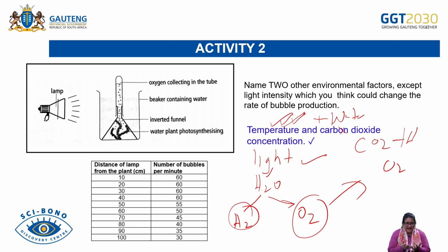If you can have sunlight, but no water, you can't get oxygen. So they are dependent upon light and water, but if it's too cold, then again there's going to be less oxygen. So we need the correct temperature, the correct amount of water, and the correct amount of light intensity for maximum